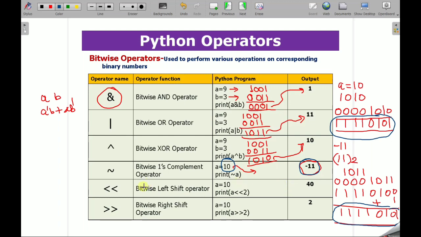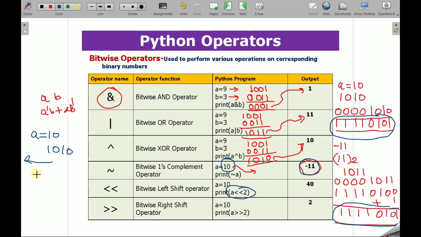Now I am coming to the bitwise left shift operator. You see that a equals 10. The binary will be 1 0 1 0. Left shift means it is going to shift left by 2. Left means in this direction.